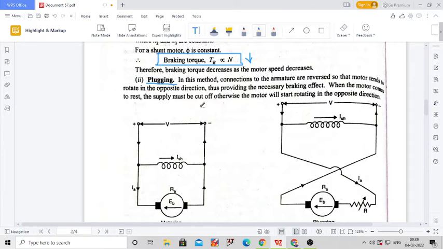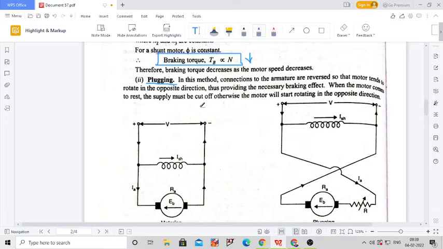Okay, so what happens whenever we reverse the connection of a motor? Initially, due to the torque developed inside the armature, the motor will rotate in the same direction as in motoring mode. But as there is a formation of a reverse braking torque, in the opposite direction, the rotating speed of the motor goes on decreasing. At one particular point, the speed of the motor is equal to 0, and instantaneously the motor will rotate in the opposite direction, because we reversed the connection of the armature winding.